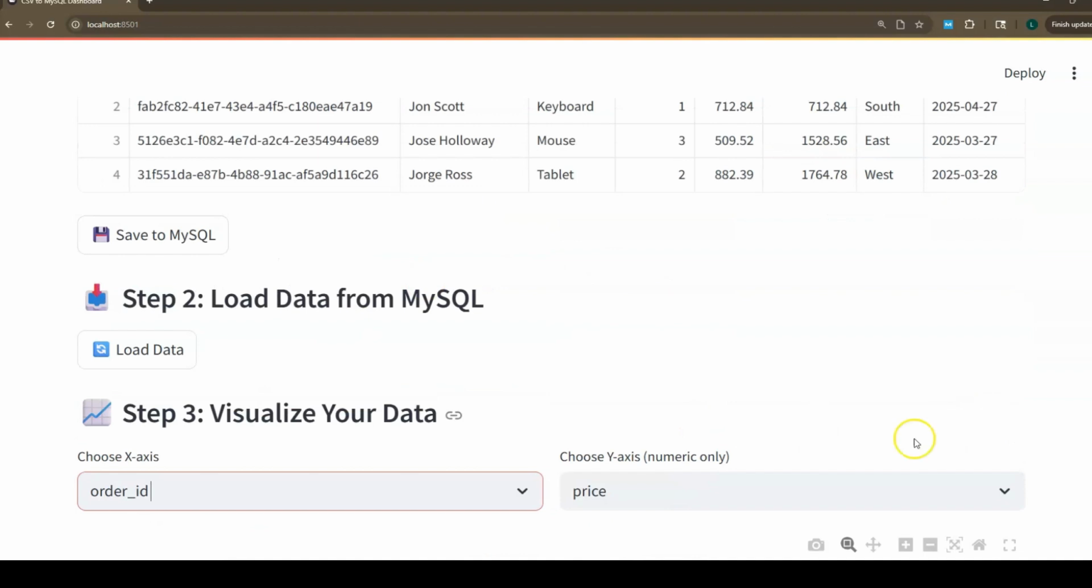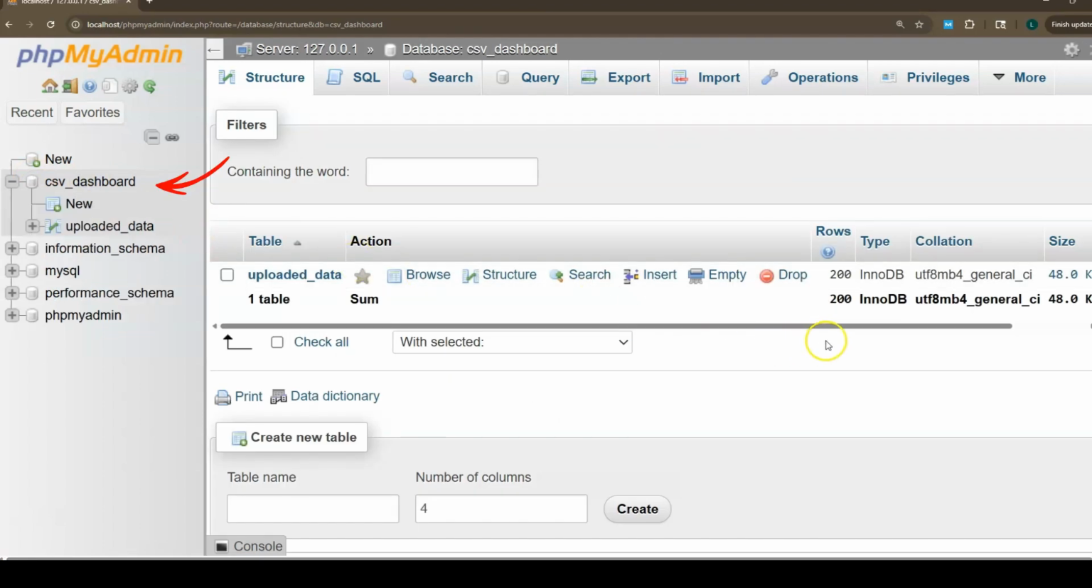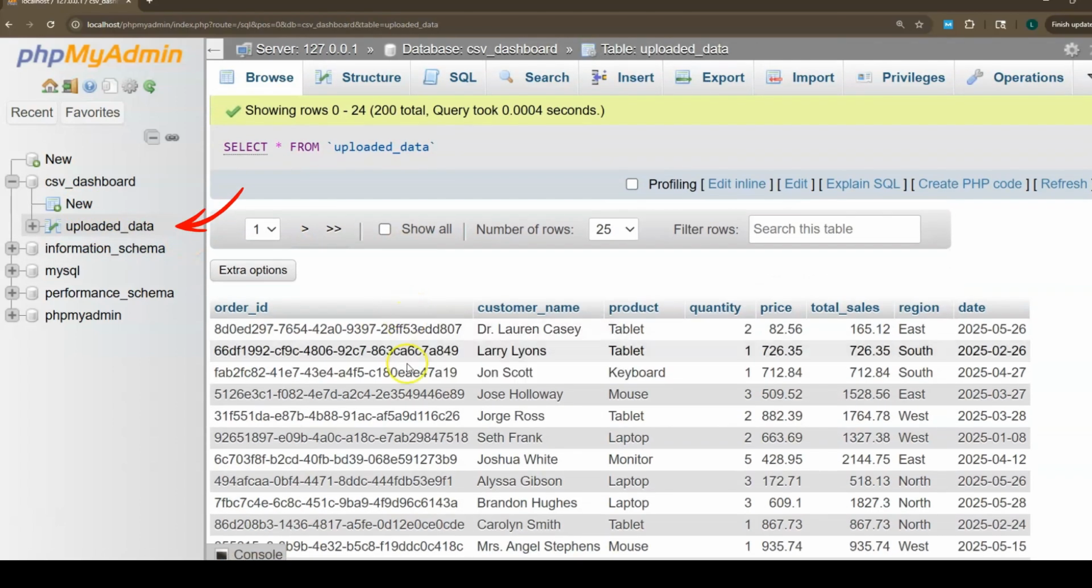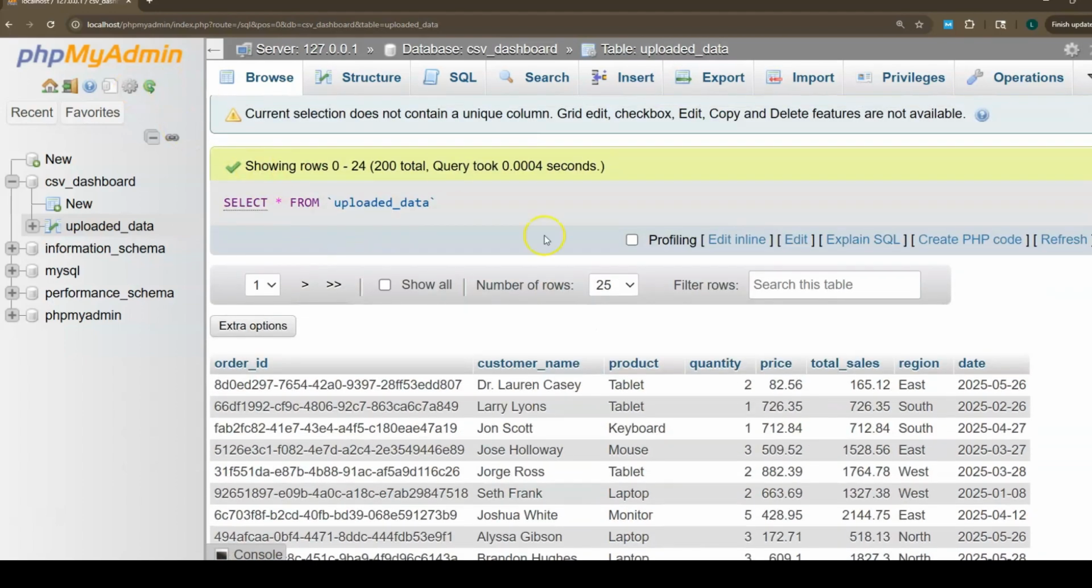So it does that. So let's go back to phpMyAdmin, and we'll go ahead and click on it again. csv_dashboard new, uploaded data. So we click that, and here is our table. So now our data went to our phpMyAdmin. So we did all that from that app. So this is really cool. So going back to that app,